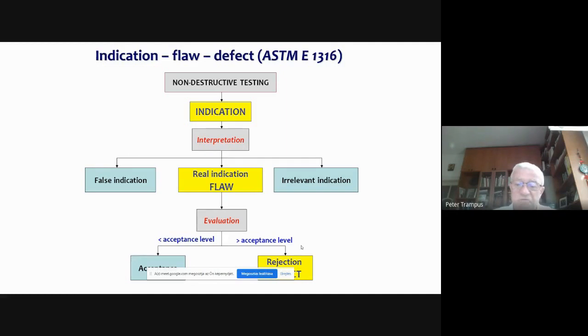can be called a defect. So in my understanding, flaw and defect are different categories. Flaw is an engineering category. Defect is a legal category, because it depends on the relevant standard. And some flaws can be defects, and even the same flaws are not defects in other application areas, because other standards are applied.